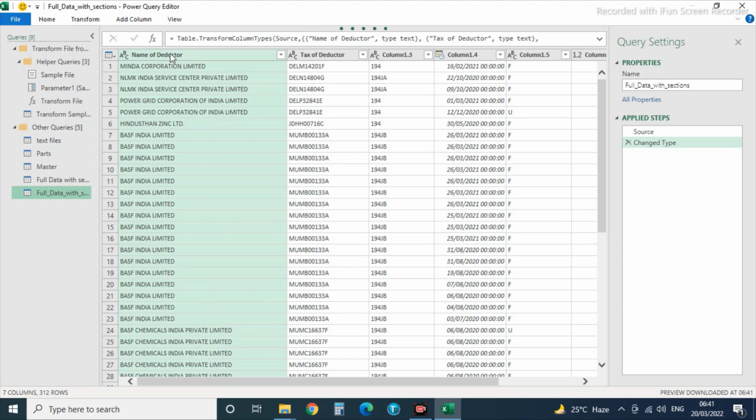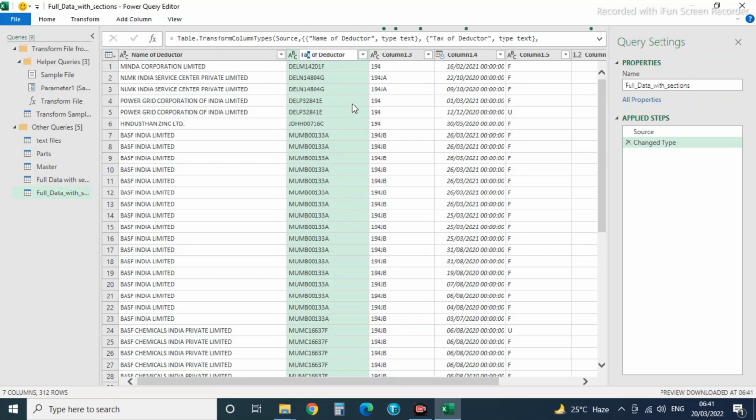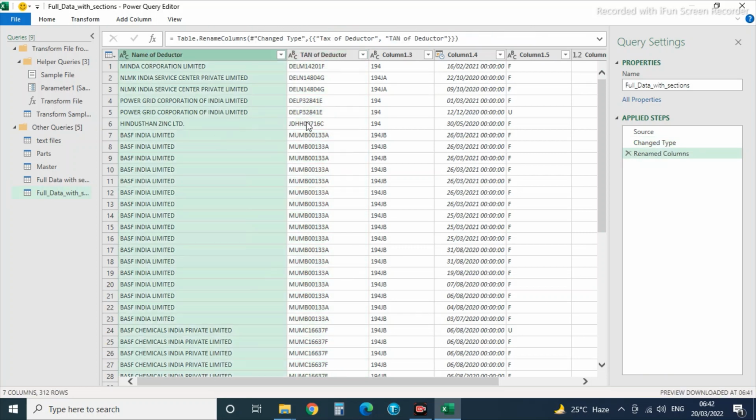So I will select name of the deductor, tax of the deductor, TAN of the deductor. Here the spelling is wrong, so I will make the change, TAN of deductor. So I'll select first three columns